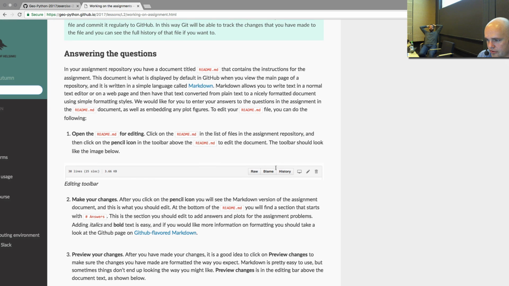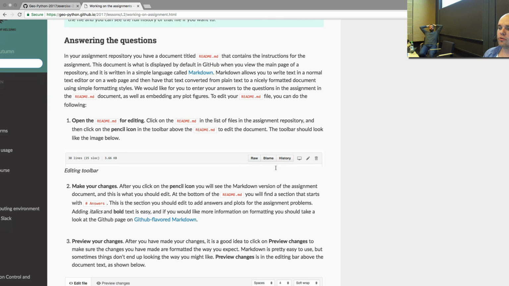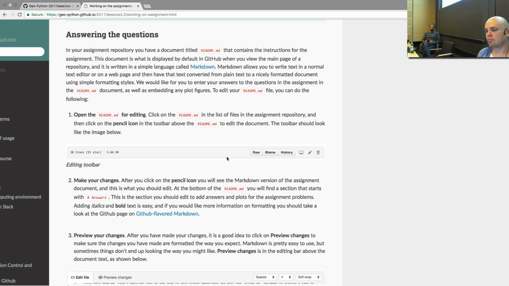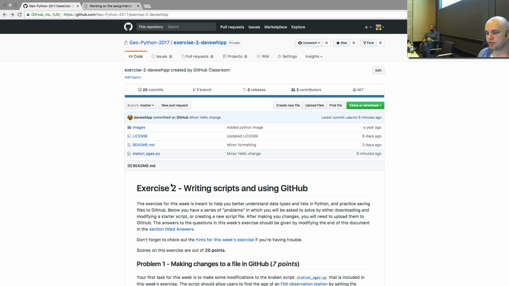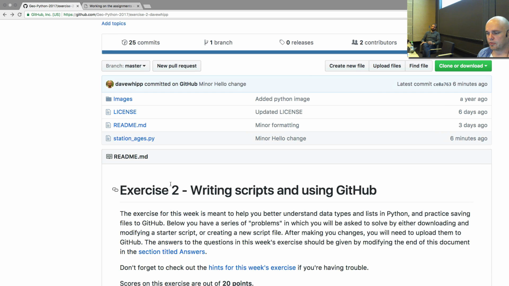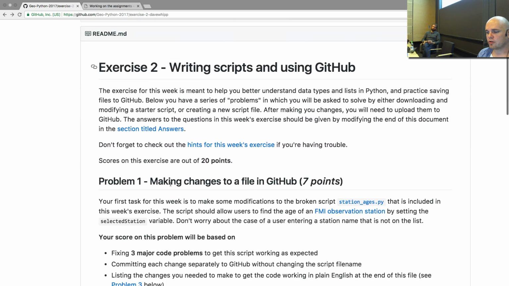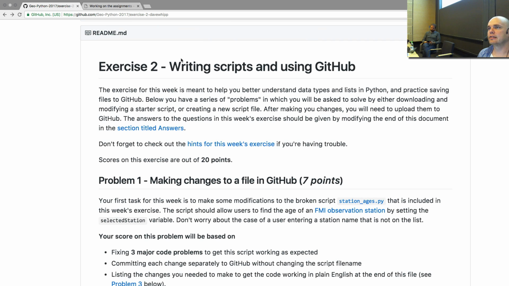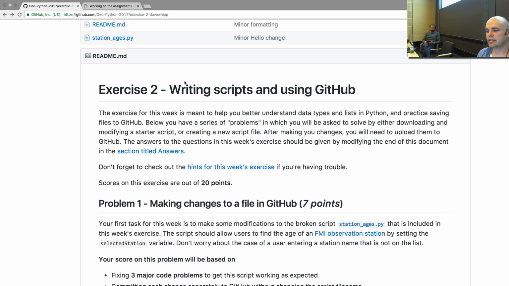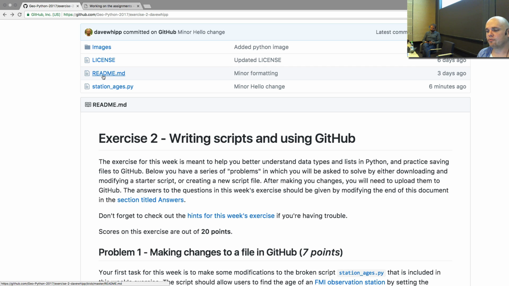Okay, maybe we go on, and I will show you a little bit about how to actually use Markdown and how to answer the questions using Markdown. What we want you to do this week is to edit this file, this exercise 2 file, so this readme file. So when I click on this one,